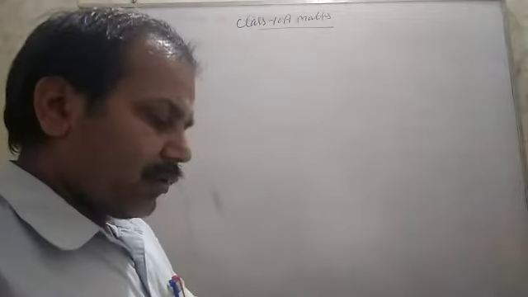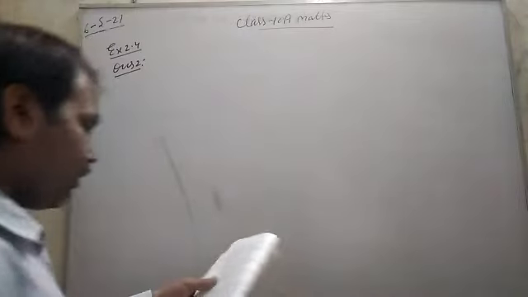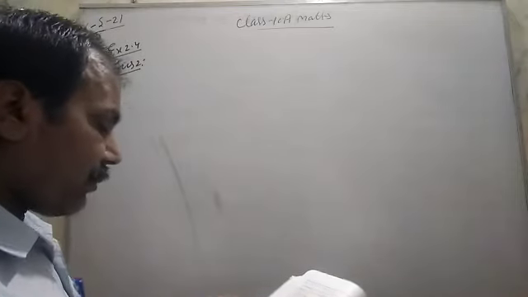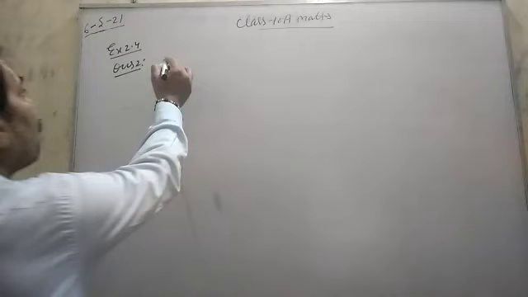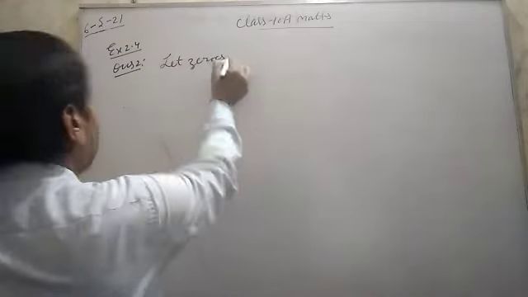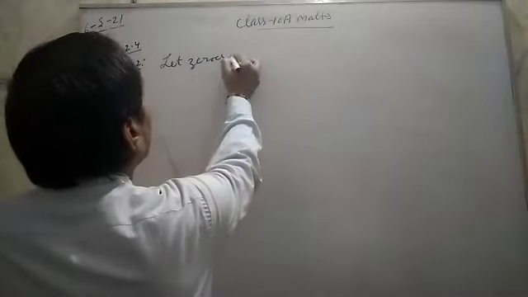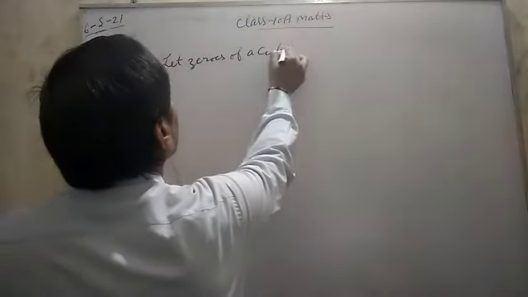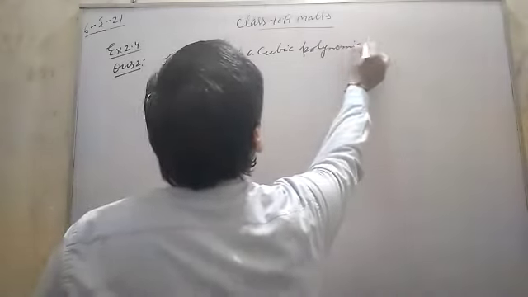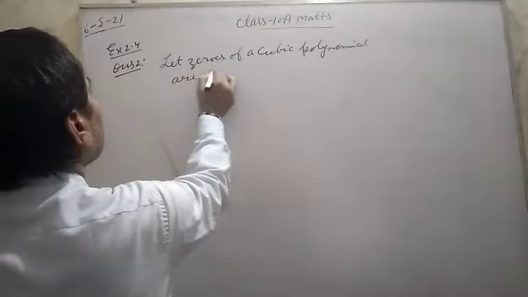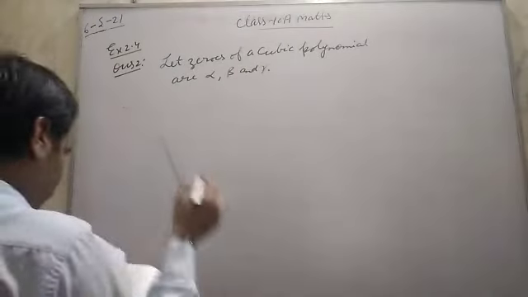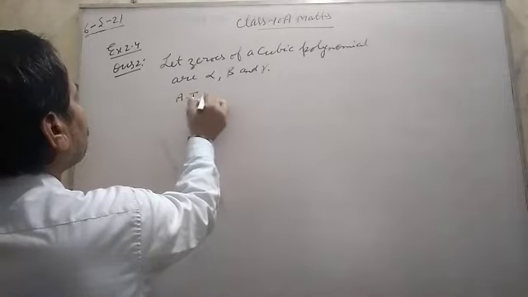Find a cubic polynomial with the sum of its zeros, the sum of the products of its zeros taken two at a time, and the product of its zeros as given. Let the zeros of the cubic polynomial be alpha, beta and gamma. Okay, so according to the question,